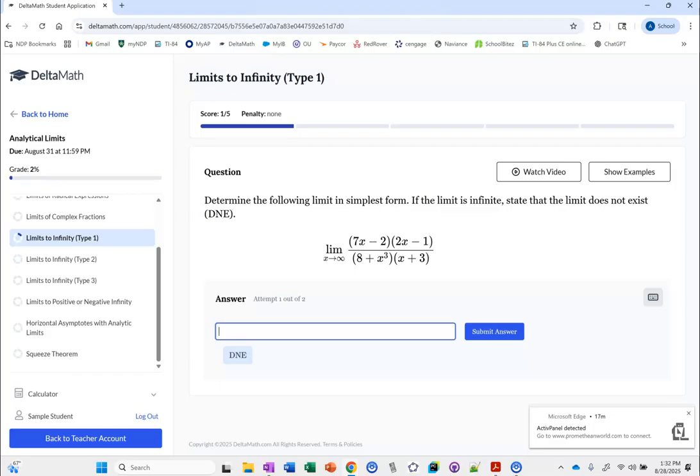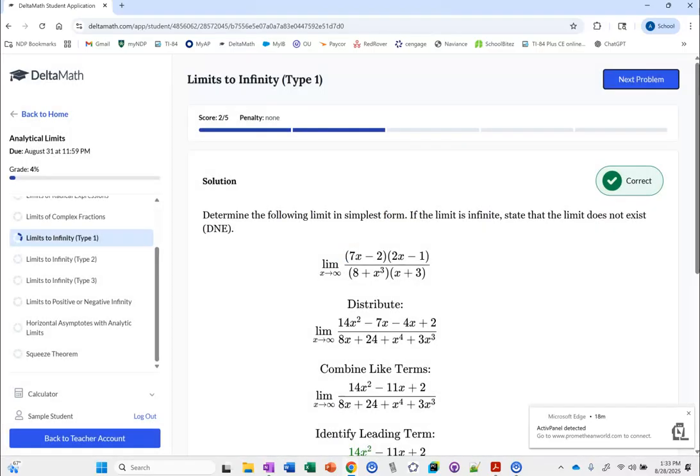In the denominator, what's the degree of the polynomial? 4, right? A cubic times a linear should give you a degree 4. Which one's growing faster, 2 or 4? 4. Where's this going? 0. Is everybody okay? Again, I'm not doing any kind of calculation here. I'm just looking at it and using what I know about the growth rates